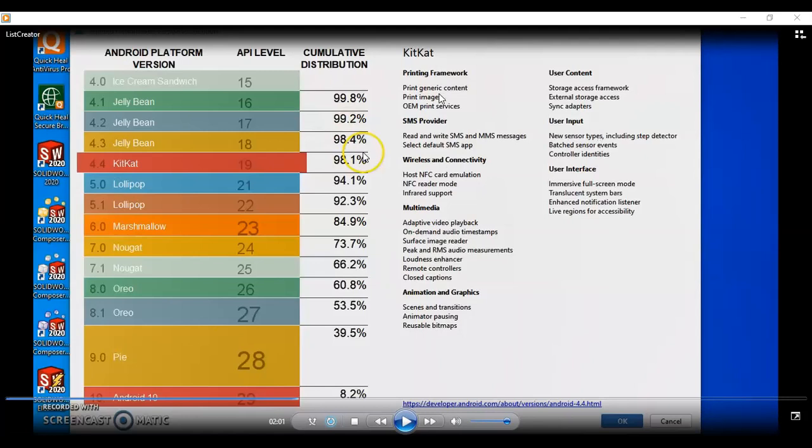You can also go through the sub options that have been provided. All these supports are provided by API level 19, and will be available in these 98.1% of devices worldwide, so your application will run on almost all devices.